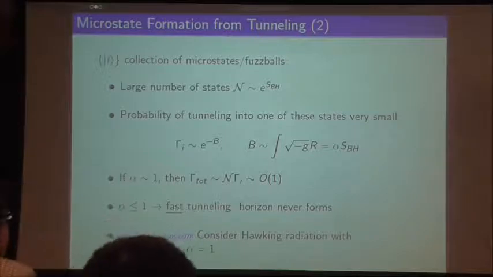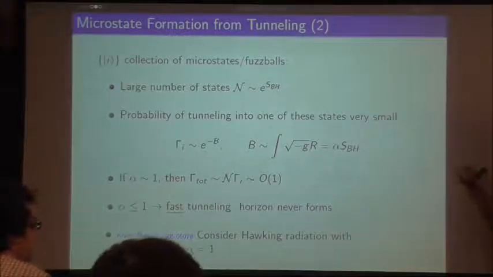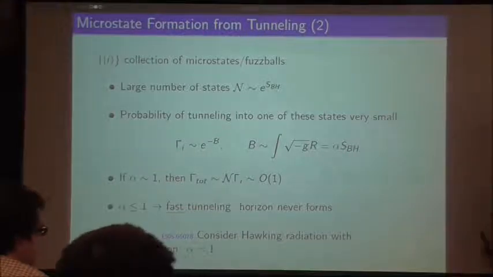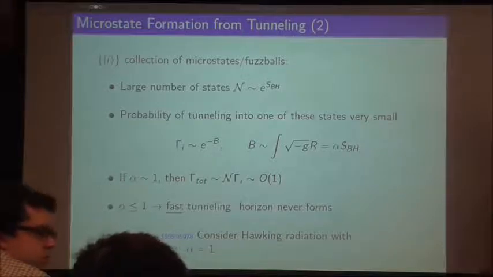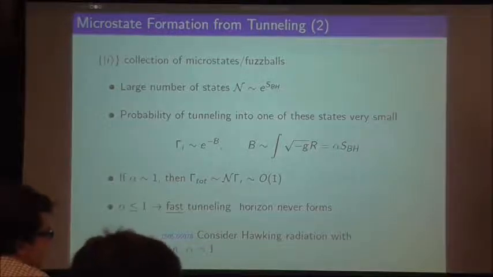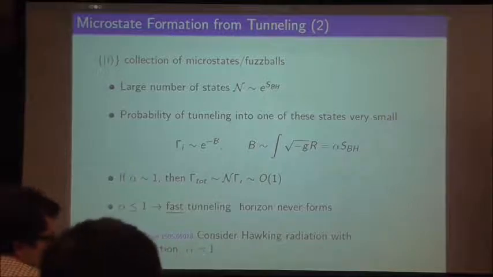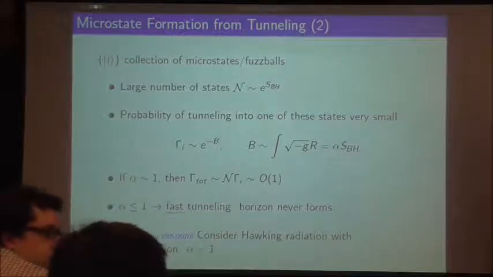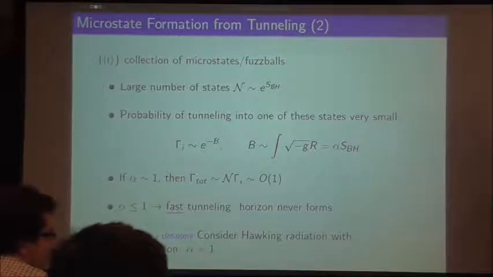So I would say that at horizon scales, and that's what they're trying to say here, at horizon scales there is no such thing as not quantum. There is no such thing as classical approximation. Even if you just take some spherically symmetric infalling shell of matter, at horizon scales it looks like there's no large curvatures, etc. That's what you're saying, right? Like you can make it look like classical should be fine. What they're saying is, look, there is no such thing as this because of the large phase space that you can tunnel into. You really need to look at large effects at the horizon. There's large quantum effects at the horizon.